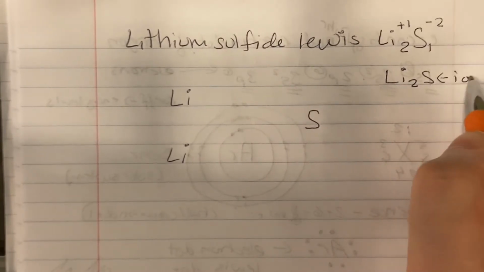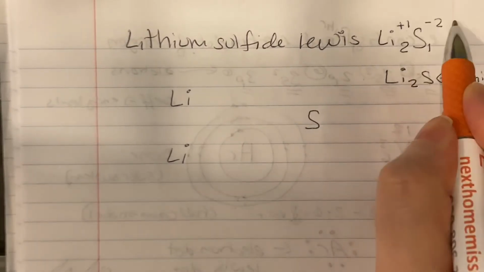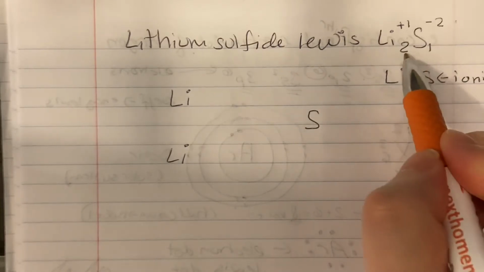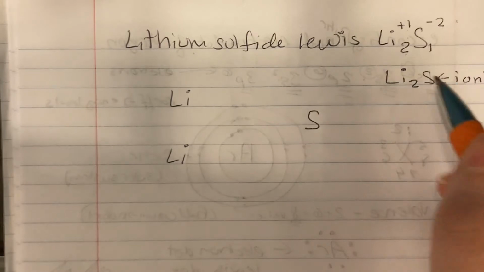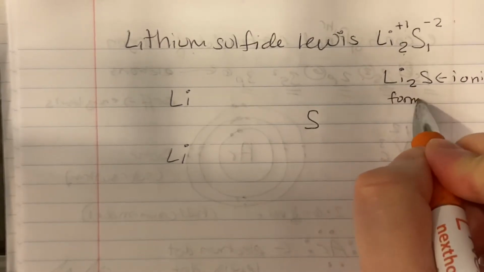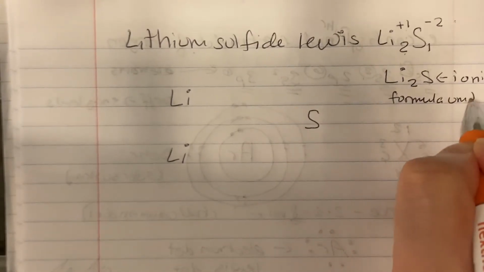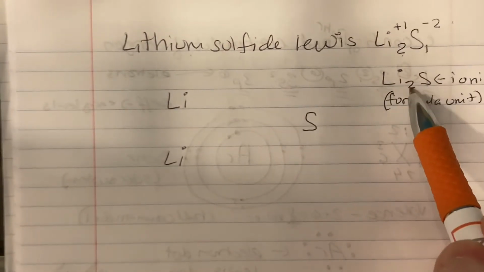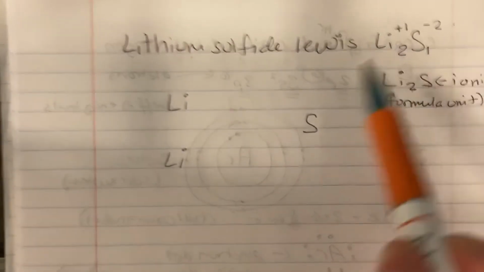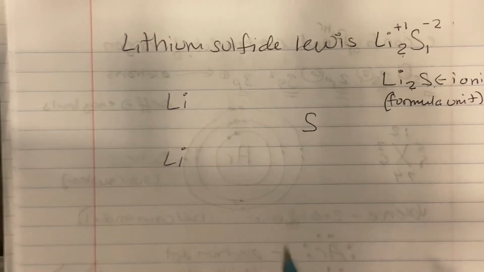Okay, and this is an ionic formula because it's a plus and a minus and they're being balanced. 2 plus 1s is +2, -2 equals 0. And so we can also call this the formula unit, okay, because it has a specific ratio. 2 lithiums to 1 sulfur every time. So what we have to do is we have to show that visually, and we use our electron dot formulas